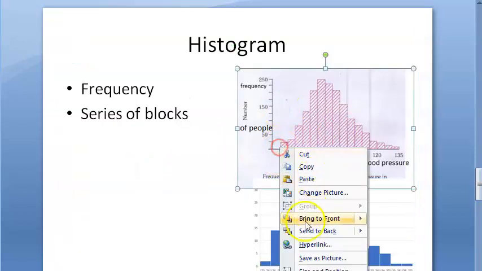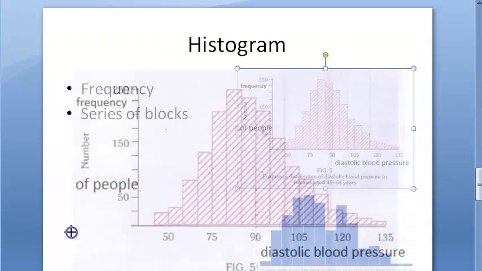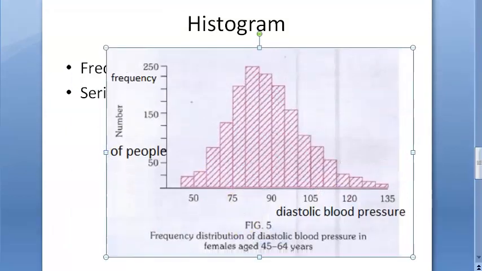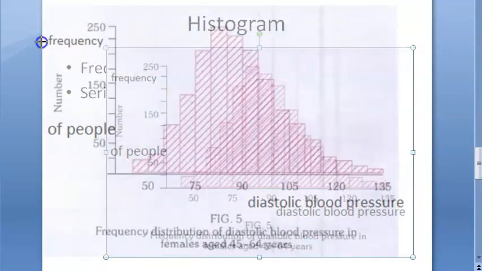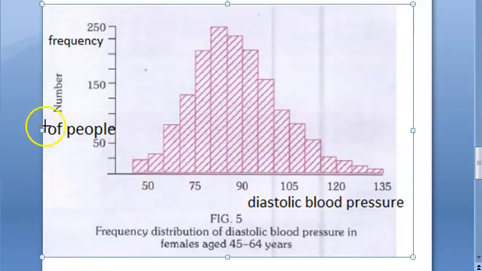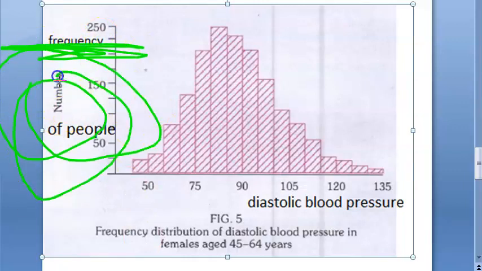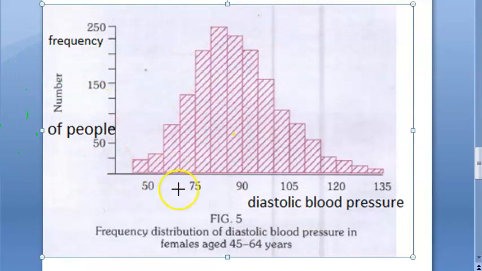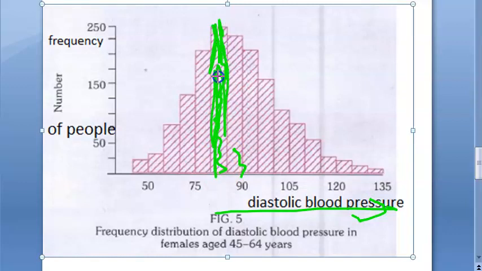Let's take yet another example to better understand. This is diastolic blood pressure. So the number of people, okay, are you able to see here? So here in the graph, what are they marking? In the y-axis, frequency, number of people, histogram. So here what they have, diastolic blood pressure. Most people's diastolic blood pressure is around 80.